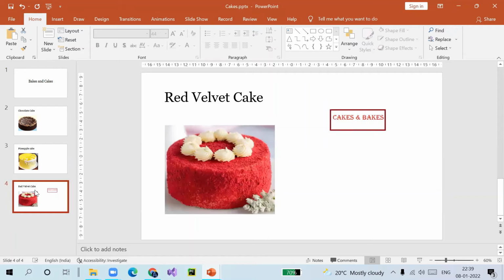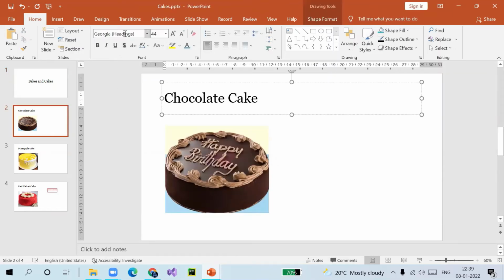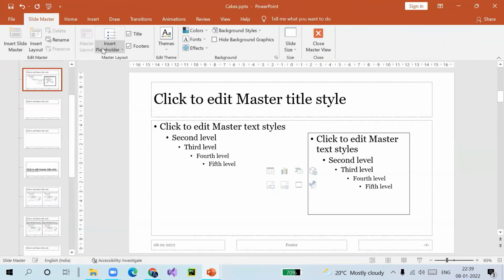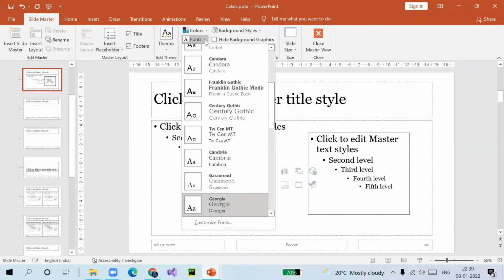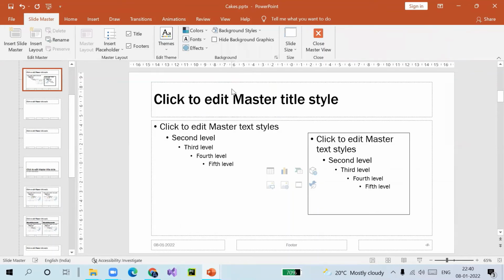Now, let's say you want to change the font of this particular presentation. As of now, the font is this one, and you want to change the font. So rather than going to each slide and then changing the font, we can do so via the slide master at one go. Let us see how this works. Now you need to click on the View tab. Okay. In the Master Views group, click on Slide Master. And in the Fonts group here, you can select this particular font, Gothic font. Okay. And now click Close Master View.